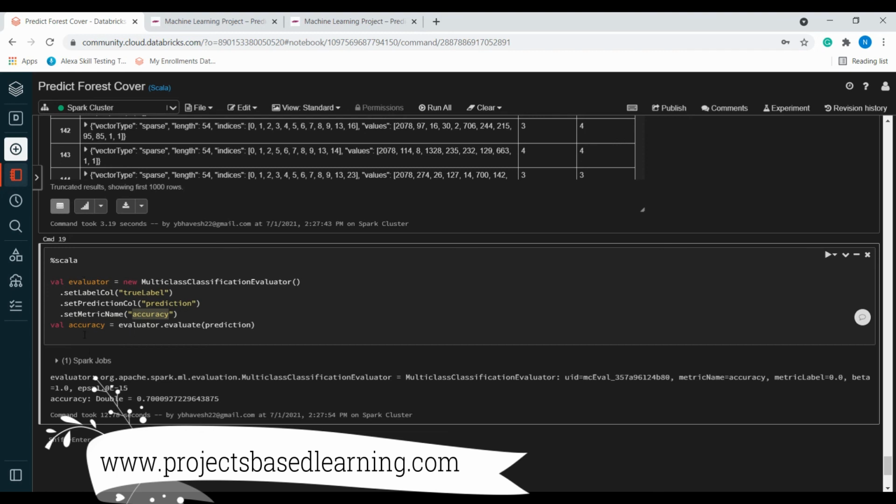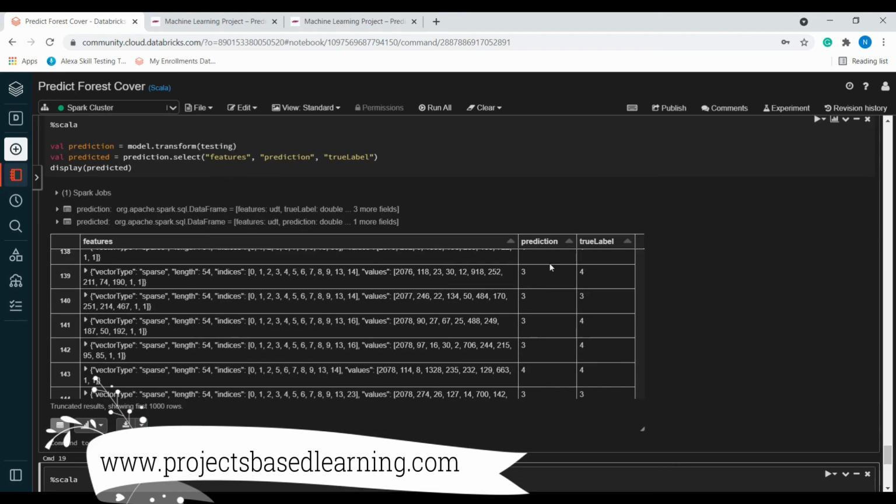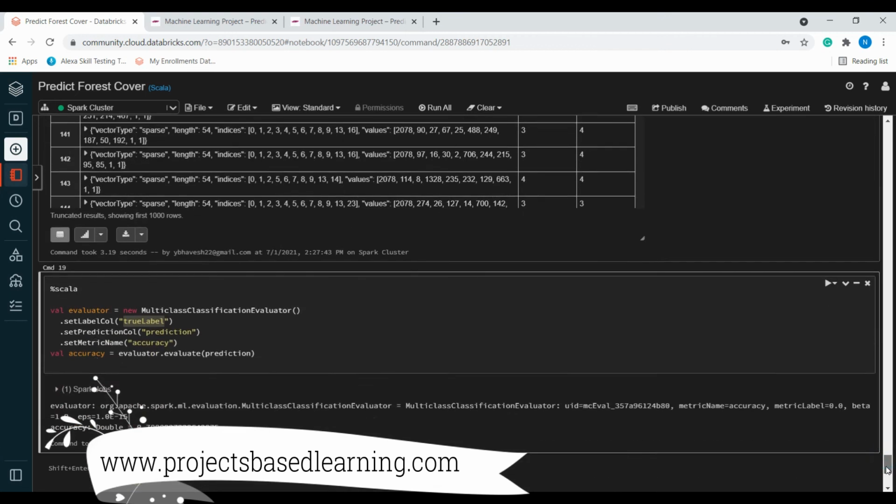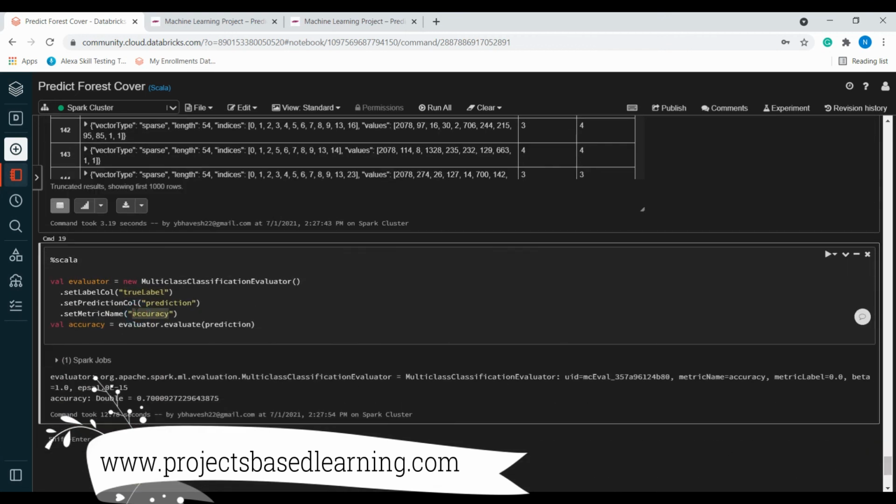So we are evaluating it and printing the accuracy by using the evaluator. We have passed the true label column and prediction column, and found the accuracy.